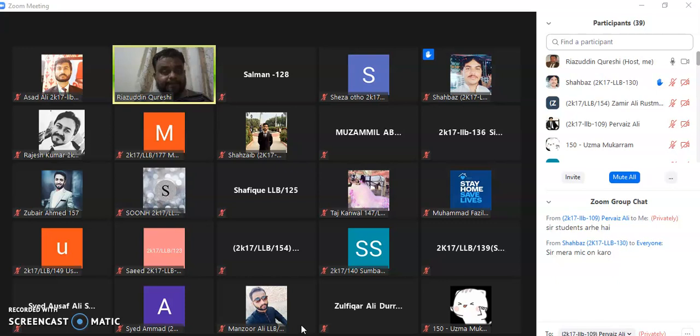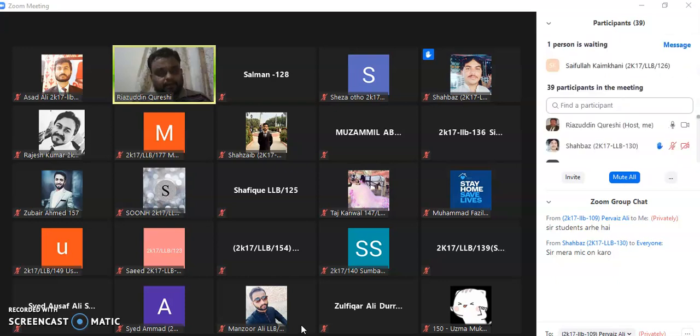So we have completed section 10 of the Financial Institution Recovery Ordinance along with subsections 13, including the amendment which has been made in the Act 2016, and that has been mentioned as section 5 in the Act 2016. So today we are going to